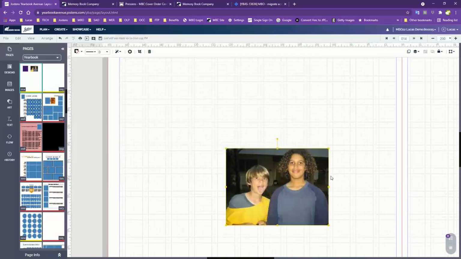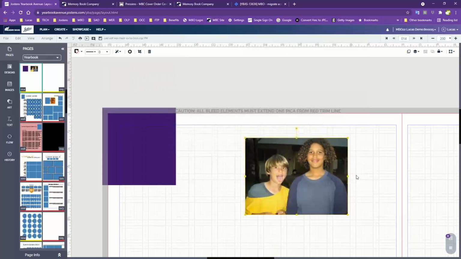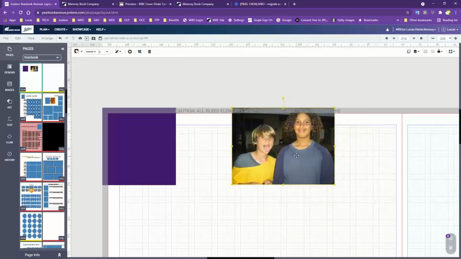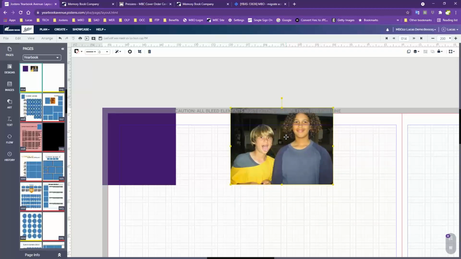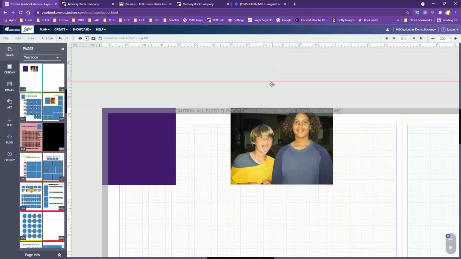Where a photo like this will not work out really well is with this particular one, because this kiddo is all the way up. There's no room above their head. It is just right there. So if we put a photo like this up here, then we lose a good part of the top part of their head. But with that 1/8 inch of a variance, and I'm going to drag down a guide here,